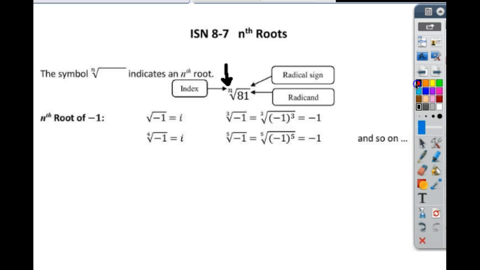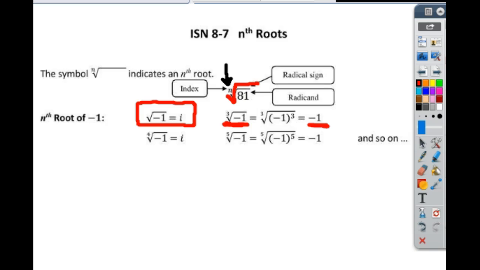As I told you before, the symbol itself is called a radical sign. And the number under the radical sign is called a radicand. And then it gives you a little chart about -1. What is the square root of -1? i. What is the cubed root of -1? Is that i also? What's that equal to? Because -1 times -1 times -1 is still -1,